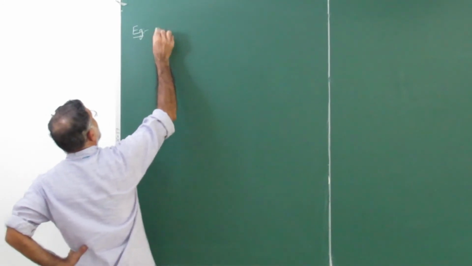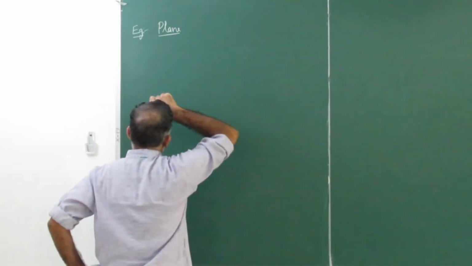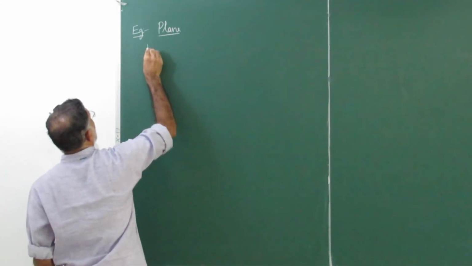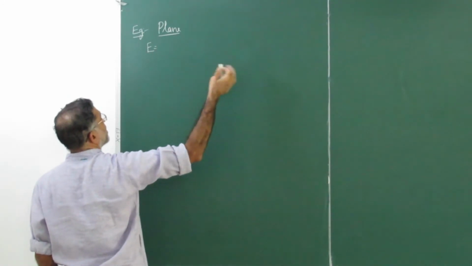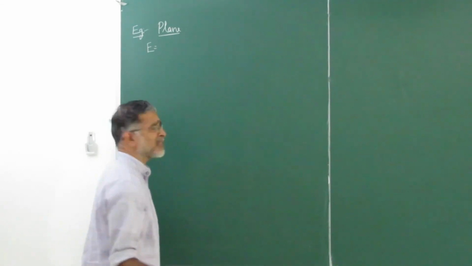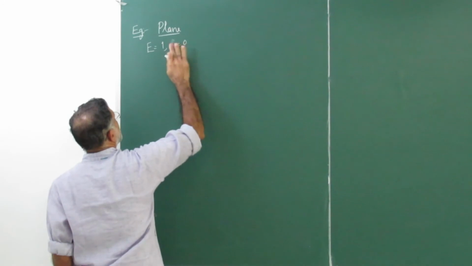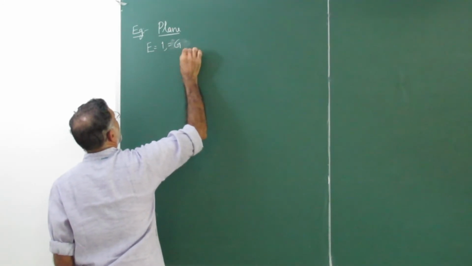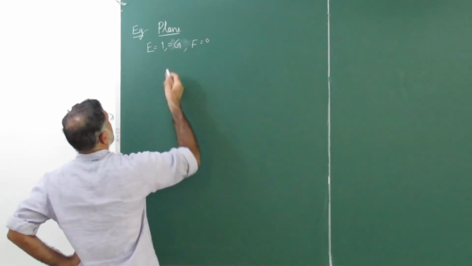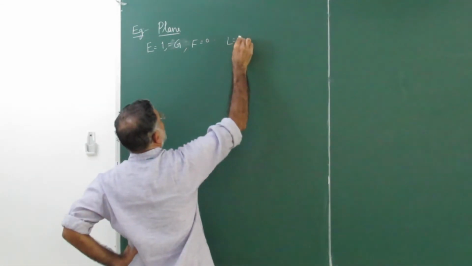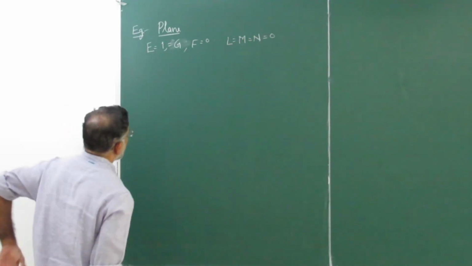Of course, always we look at the first example as the plane. For the plane, it's quite simple. Your E is equal to a standard equation of the plane, a standard orthonormal basis you take and then write the plane. Then E is equal to 1, G is equal to 1, and F is equal to 0. And of course, L equal to M equal to N equal to 0, all of them are going to be 0. So you will have